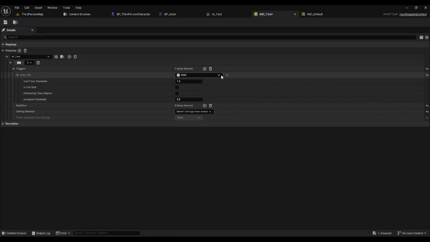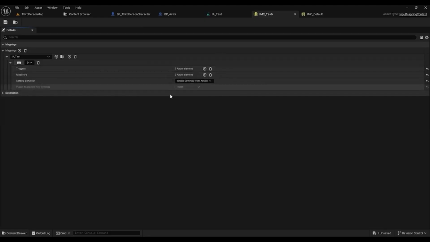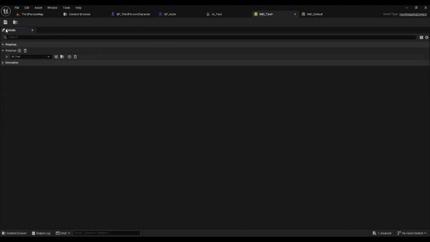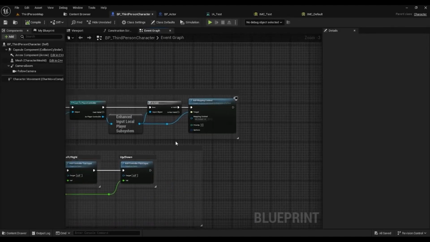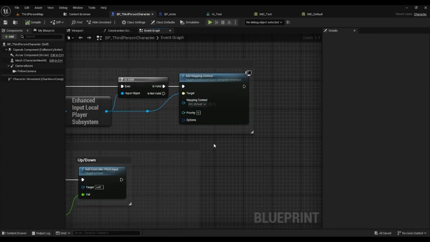So this allows you to not have to program this stuff and just have some quick settings that you can deal with, which saves you a lot of time. So I'm going to delete this because I just want it to be a normal input. And then we're going to go experiment. So for now, I'm going to just change this mapping context to our new one, just so we can test